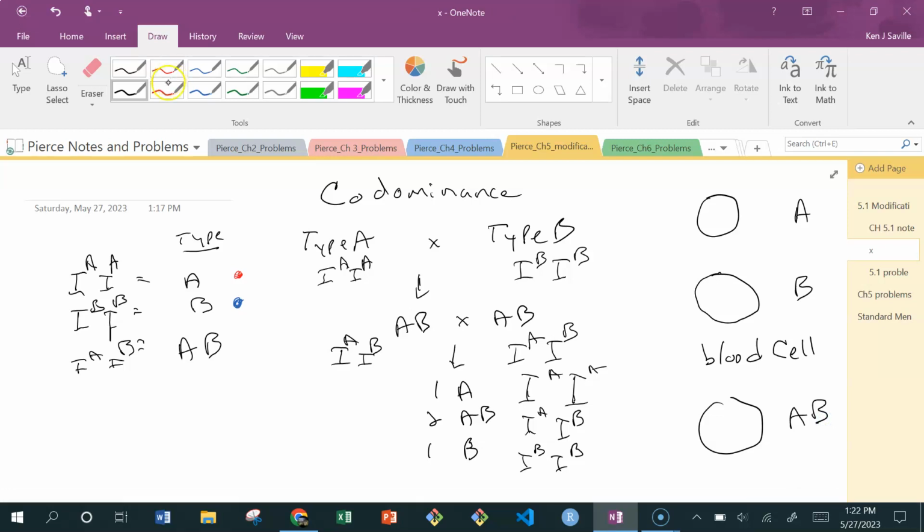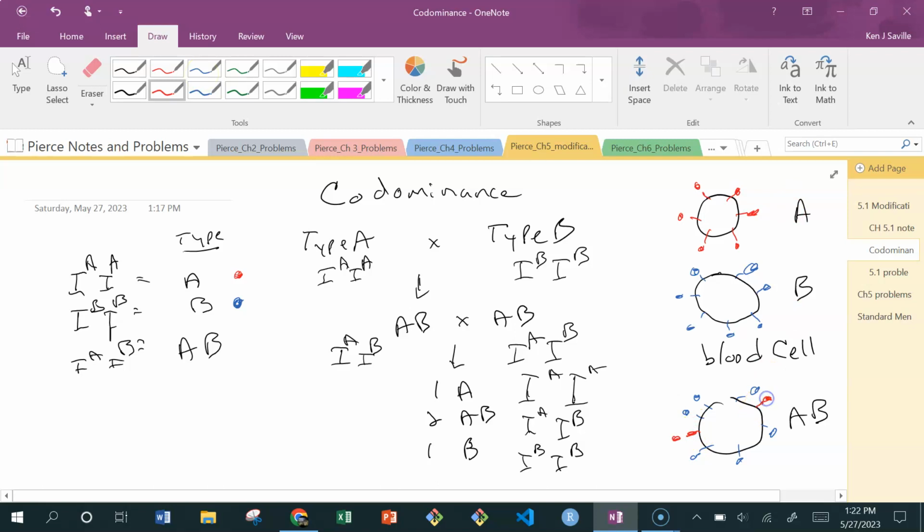So type A has a particular type of carbohydrate stuck on the surface. So that's type A blood, because it only has the A allele. The A allele makes the red carbohydrate in this case, and it only has that. Type B makes a blue carbohydrate that gets stuck on the cell surface. And type AB has both. And so these carbohydrates, that's supposed to be red. These carbohydrates